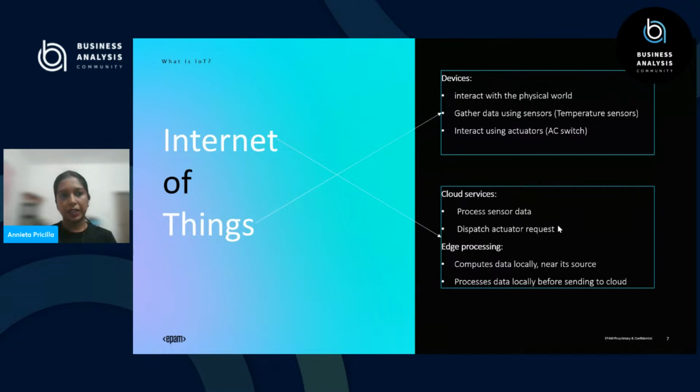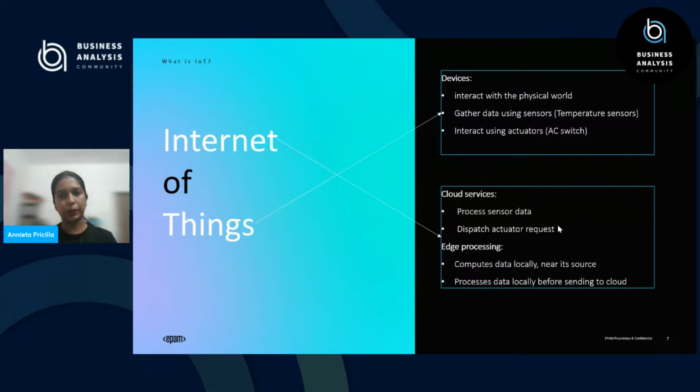So when we talk about the internet, it means that once we collect all of this data from these things, we put it onto the cloud, onto the internet, so that we can process this data and make use of it. We can analyze it, and understand or dispatch some request. You can say what next action has to be taken based on the analysis that you've done on the data. So this could primarily be on cloud, and there is also another way that we can do this,